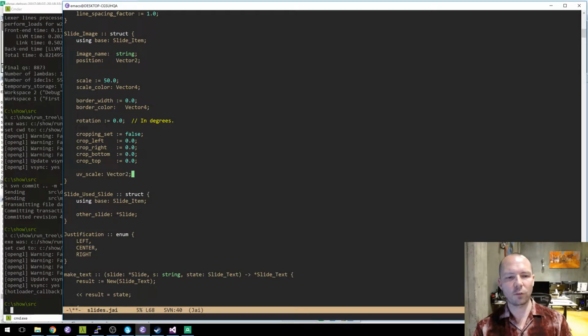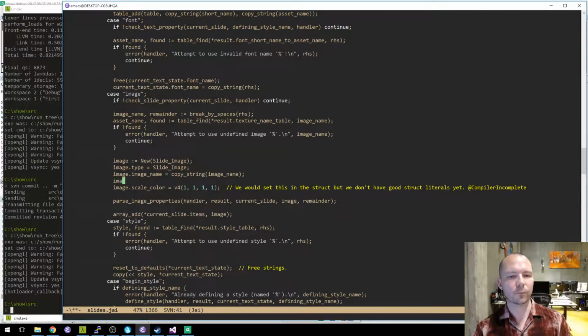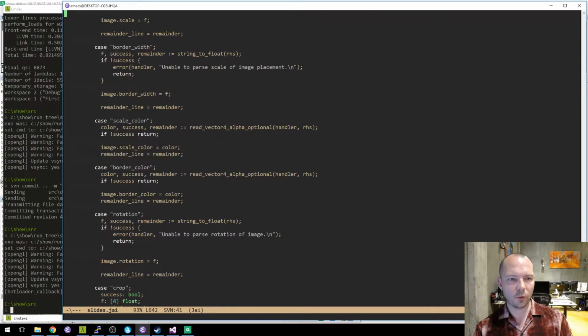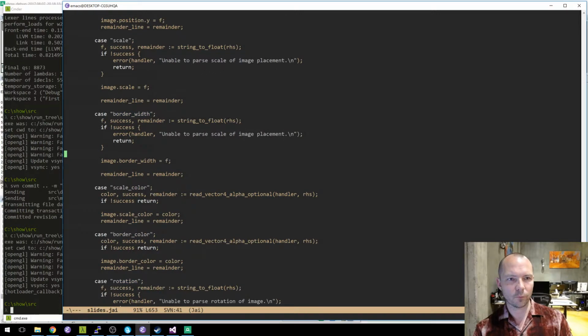Like I said, I don't have good struct literals yet. When I have good struct literals, set this to 1, 1. Okay. So in this image stuff, we're going to have UV scale.